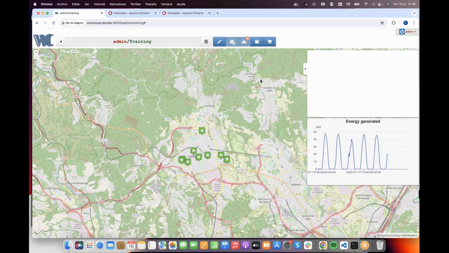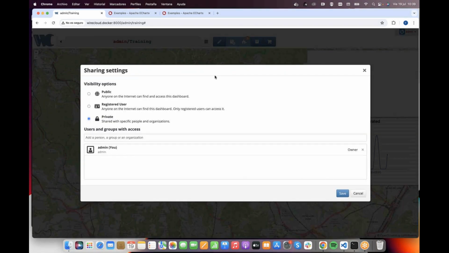Now we have created our widgets. We are very happy with how our dashboard looks. How do I export this dashboard and how do I make this dashboard available to different people? WireCloud supports several options in order to export the dashboard. First of all, you can always use directly this WireCloud instance in order to share the dashboard with people. And in order to do that, you can come here, you can go to share, and then you can choose